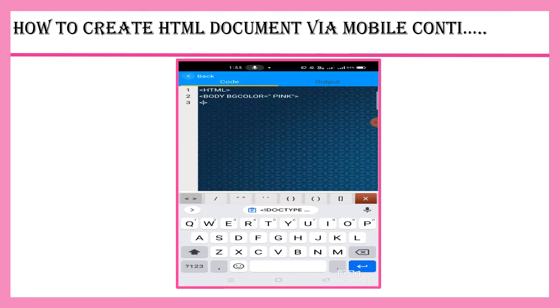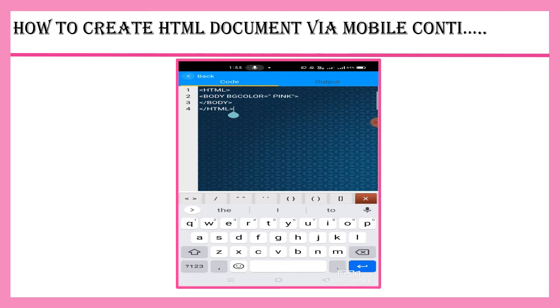Now body tag is the container tag, isn't it? So you have to give the closing tag. Now HTML tag is also a container tag. You have to give the closing tag preceded by the slash. We can also call this closing tag an ending tag.